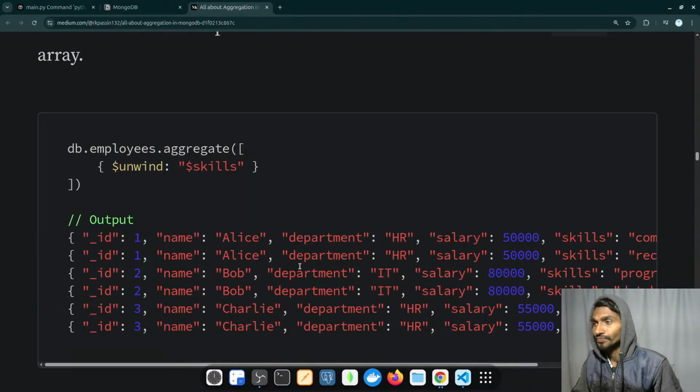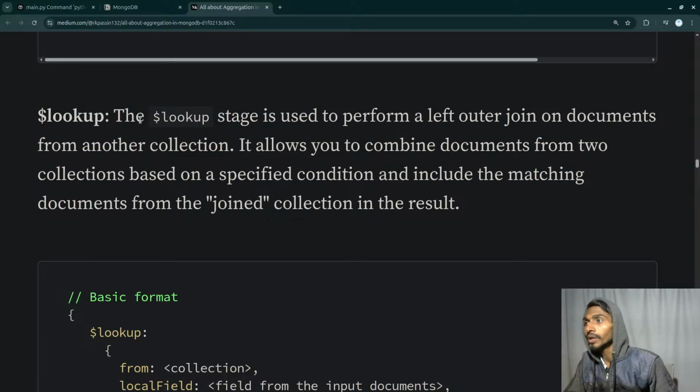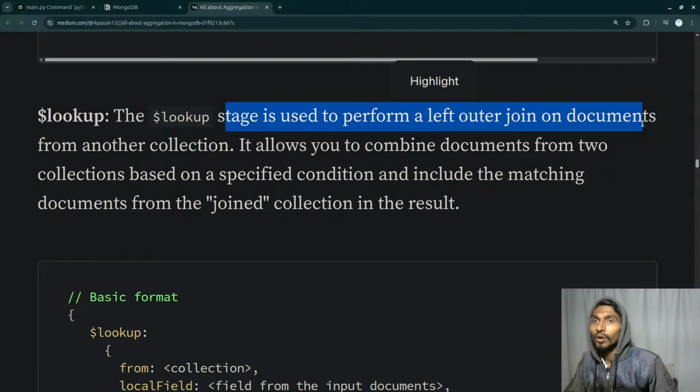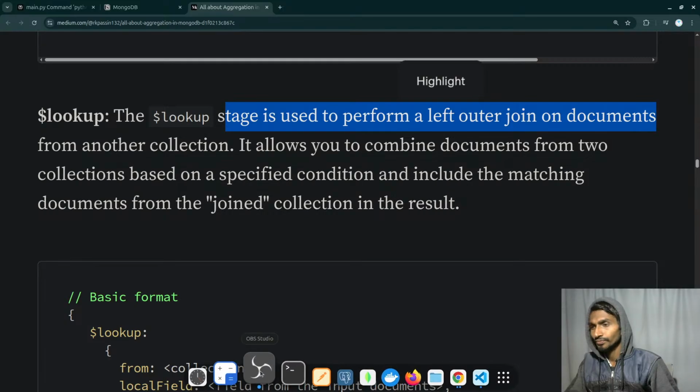Okay, next, dollar lookup. This is going to be a new thing for me because, honestly, I don't know it. So the dollar lookup stage is used to perform a left outer join on documents. The simple thing is that you can use aggregation on